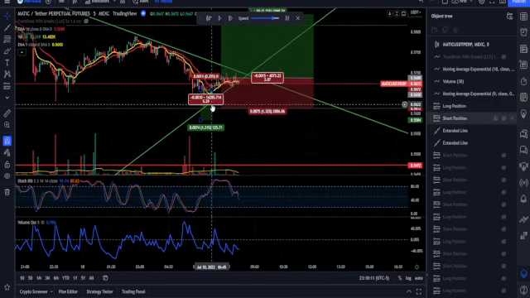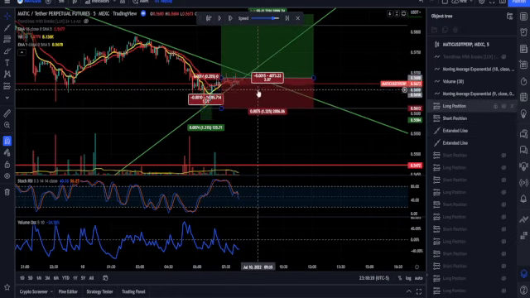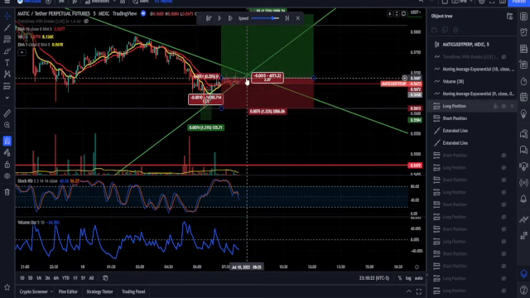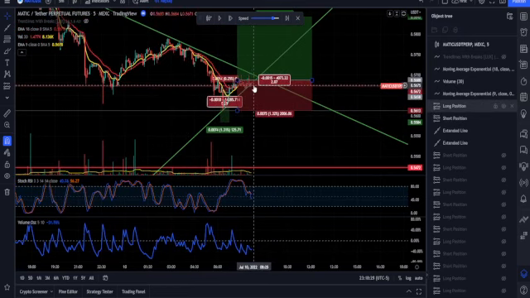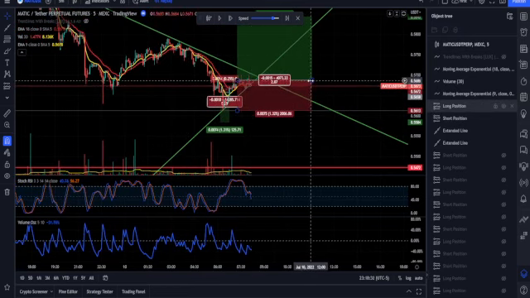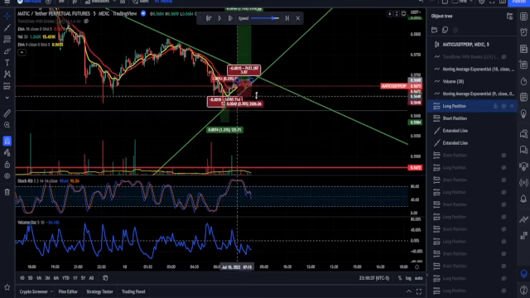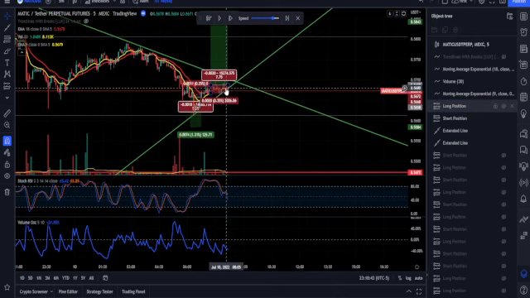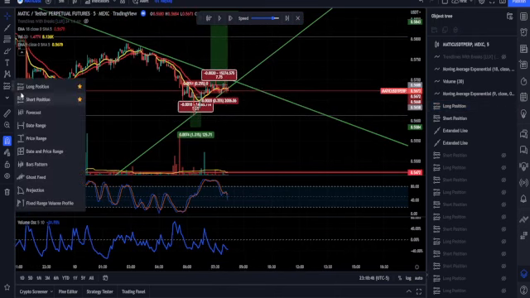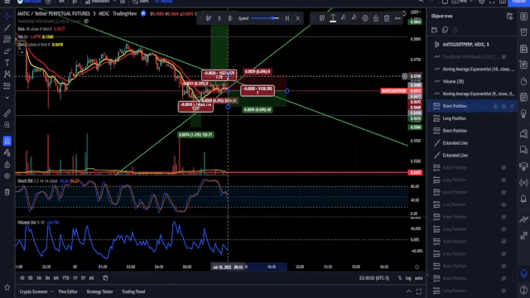Now, the main reason I am not going to stay in this trade is because we rejected off this main trend line right here. And so that in itself tells me that I'm wanting to look for the next trade. So we'll close this trade off right here. But there is another trade, and I believe we're looking for a short position now off of this right here,